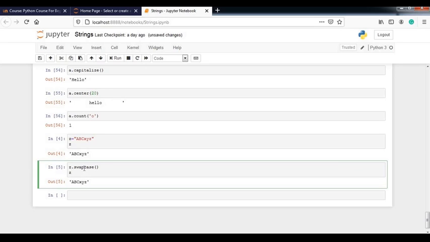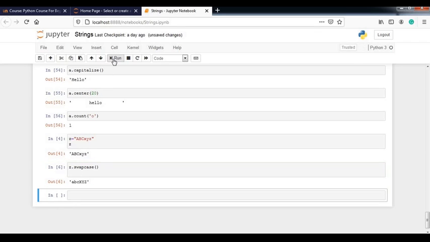Then when you print it, see what will happen: it will return the string by swapping the values. It will turn capital letters into small and small letters into capital. Okay, so z dot swap case is another function. So in case of string we have a lot of functions, so you just need to practice those particular functions.